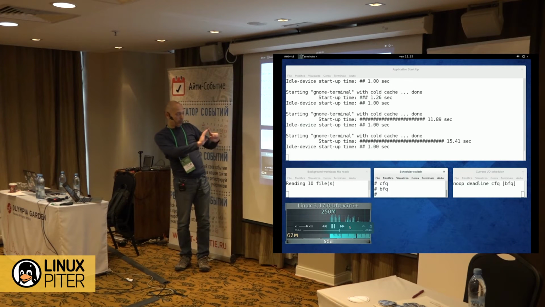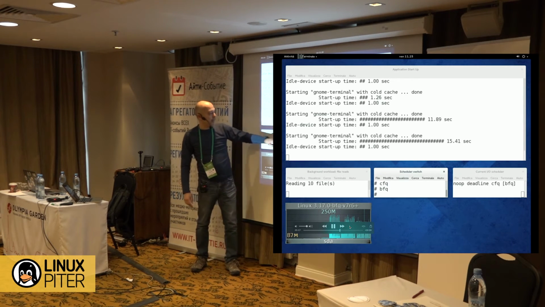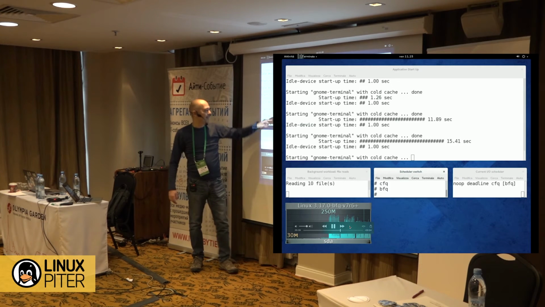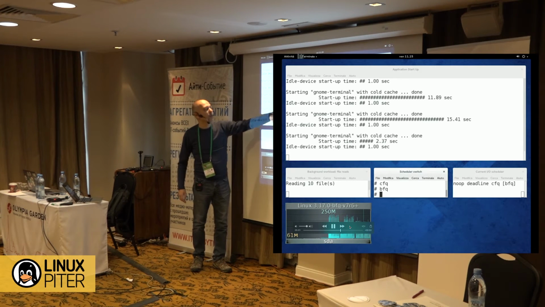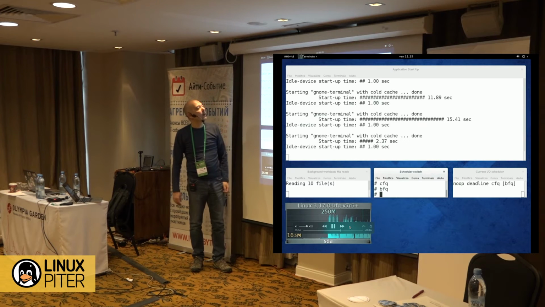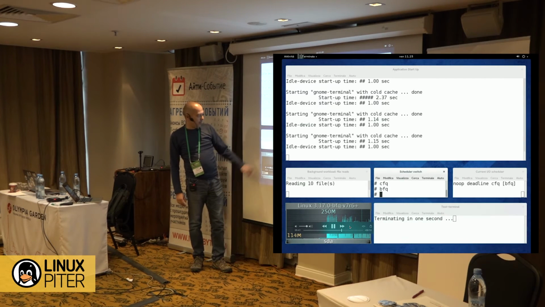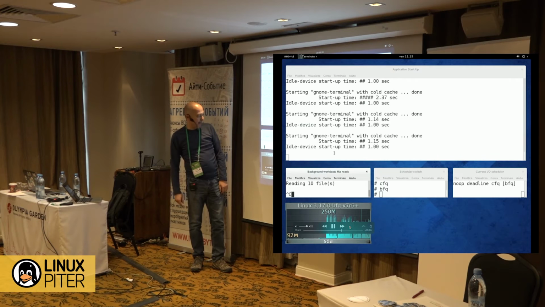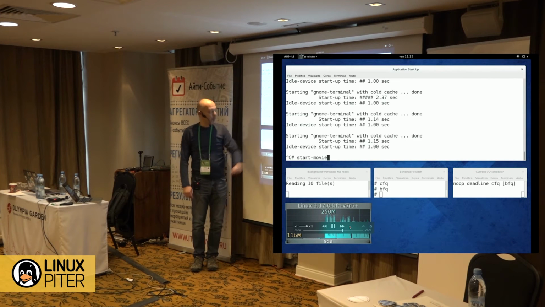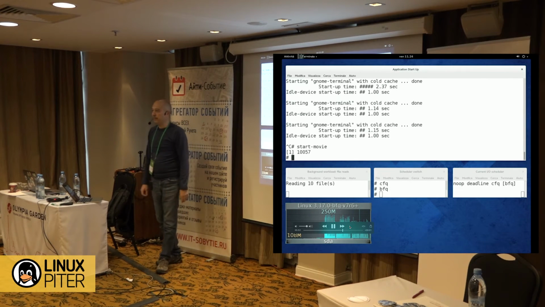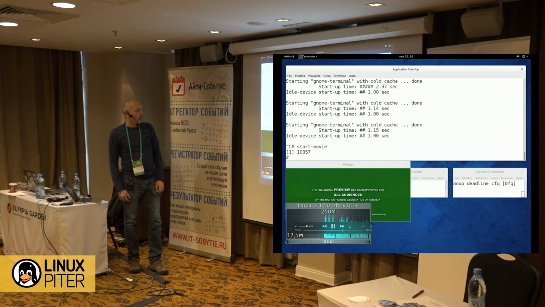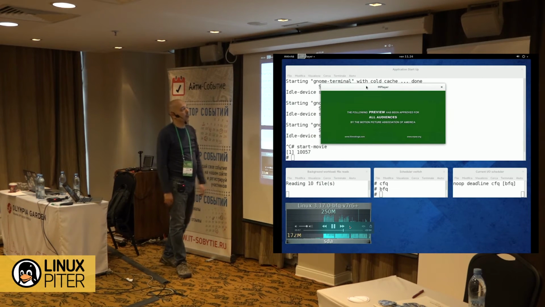So I'm about to stop everything here. As you can see, I had to switch to BFQ to let that one start. And after the usual fluctuations, the startup time now will go again down to the idle value. So in a moment, I should stop everything here and restart everything from scratch, from the beginning. So reading 10 files and playing back a movie. Let's see what happens. As you're about to see, the playback will be perfectly smooth.